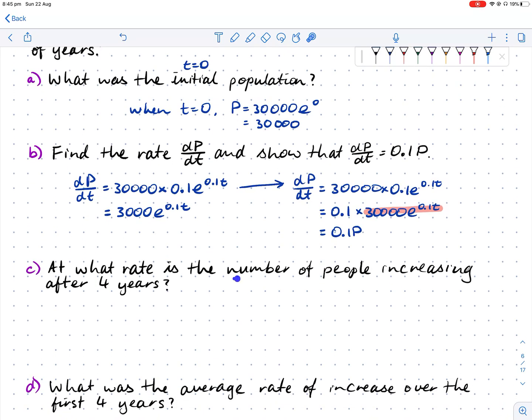Part C, at what rate is the number of people increasing after 4 years? So we're looking for a rate, so we're looking for dP/dt. The aim of this question is, when t equals 4, we want to find what dP/dt is. So what is the rate of the increase? That's your rate of increase, but we want it for 4 years. So let's put the numbers in. dP/dt from before is 3,000 e to the power of 0.1 times 4, and that's what you're putting into your calculator. So 3,000 e to the power of 0.1 times 4,